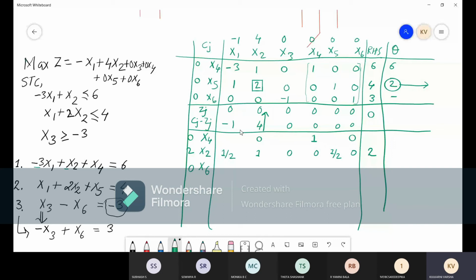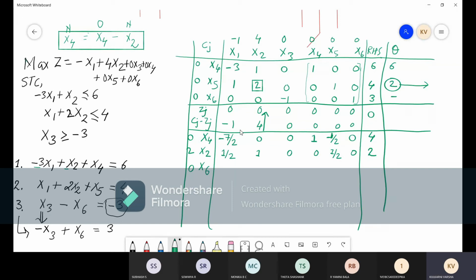So let us find out for this position. To find out for this position, we'll be taking this and this element, right? If you do simply 1 minus 1, we'll get 0. So simple subtraction, right? So you have to get new X4. To get new X4, you are using old X4 and you are subtracting the newly entered X2. This is the equation we are getting, a simple equation. So we got the other row values also.